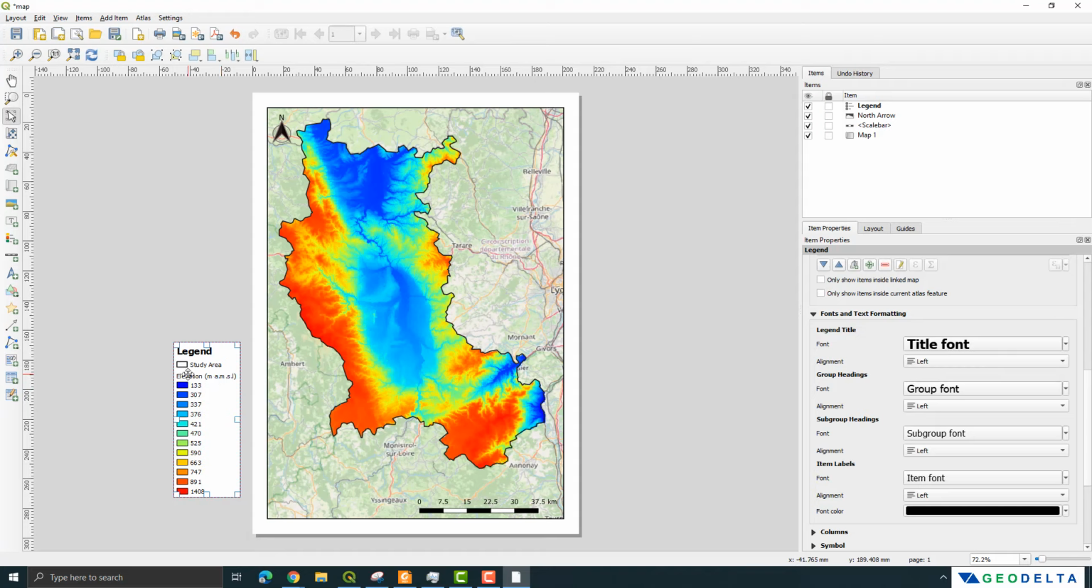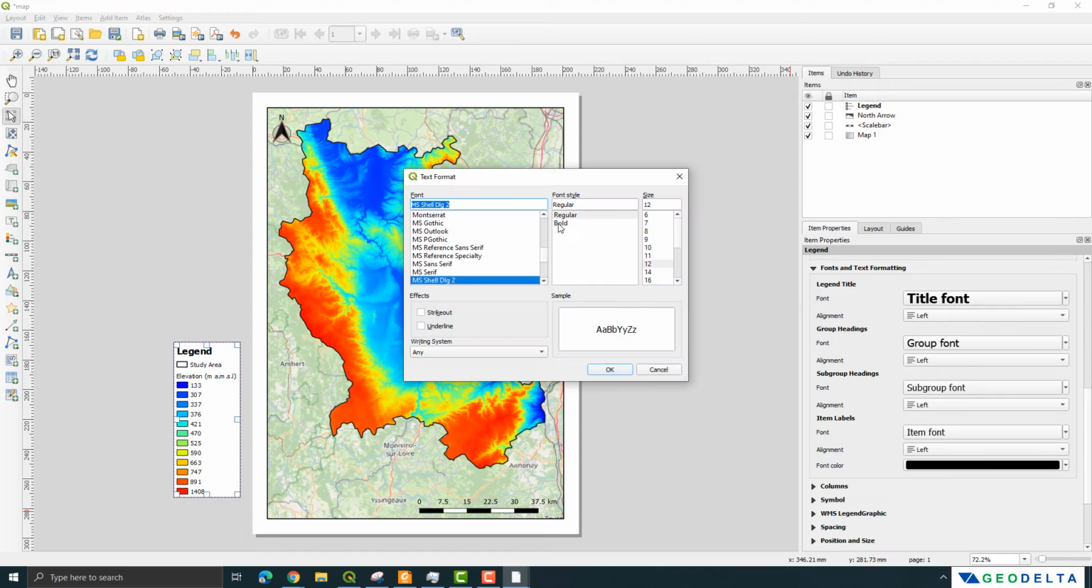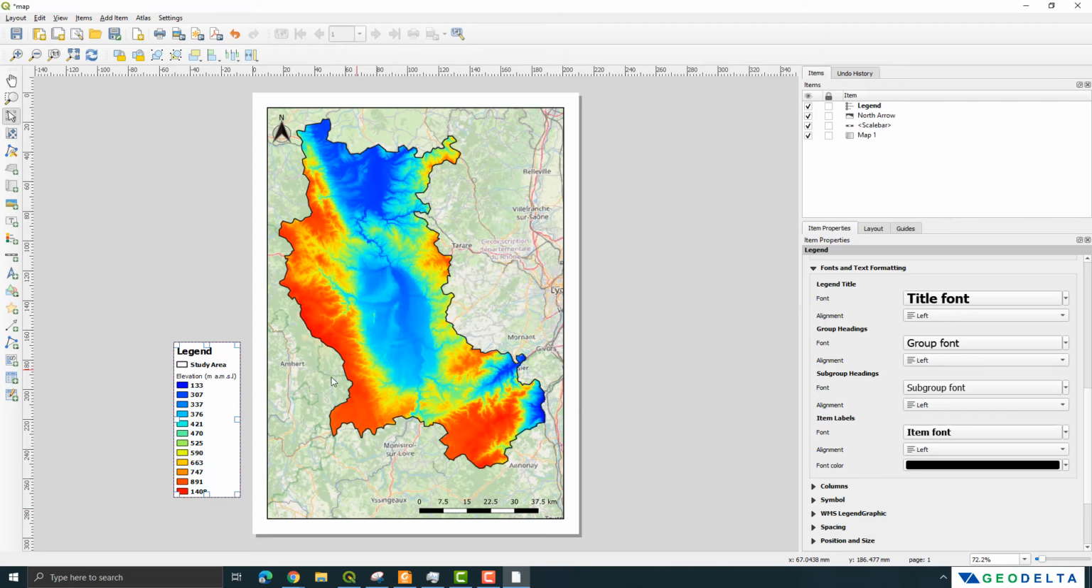And the next thing that I would like to do is go to these item labels and go to configure format, and I'm going to make it bold. So you can see that the items got turned into a bold text, and these subgroup headings, I'm going to make bold as well, just like so. Alright, now you can see that